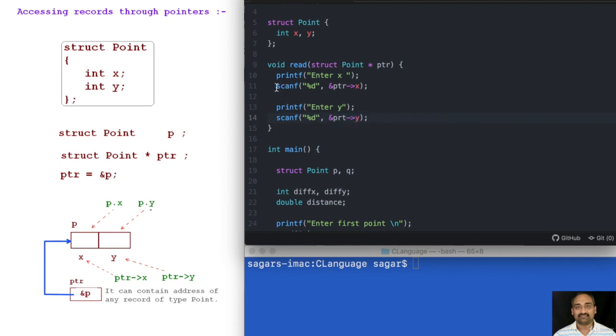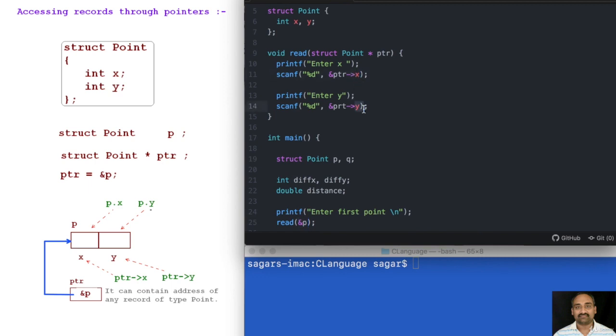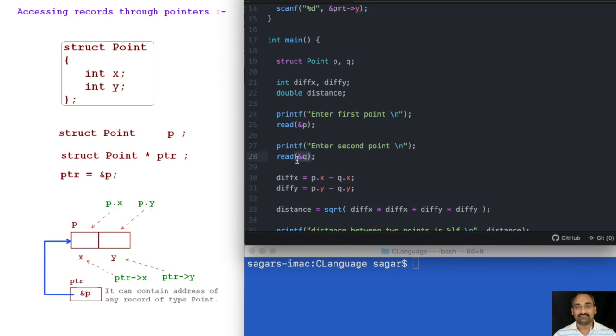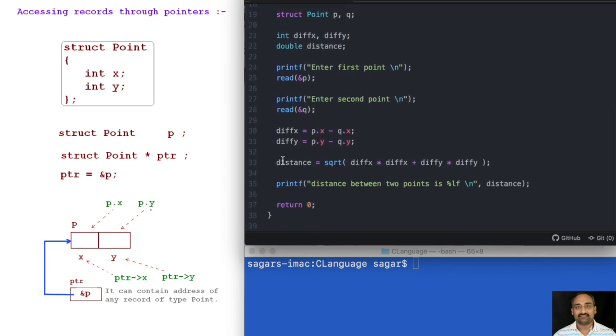Here I am doing a scanf, reading an integer value, and placing that inside the variable x of the record pointed to by ptr. The first time ptr will point to p, so the x and y fields refer to the fields of p. The second time, when ptr is referring to q, the x and y fields refer to the x and y fields of q. So now we read the values into the given records.